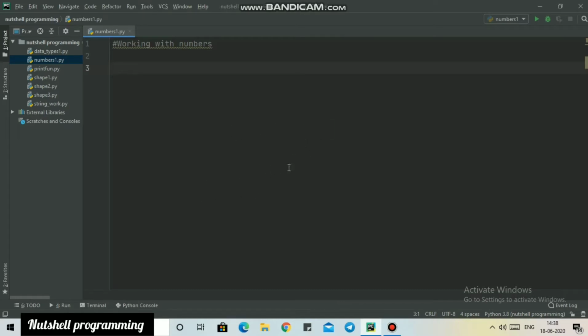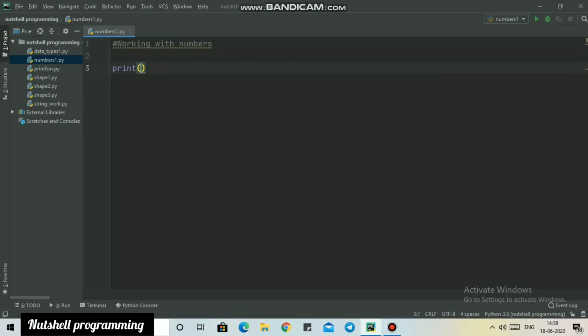In the last tutorial we discussed string methods, and how to use string functions and methods with variables in our program. We discussed a lot of string methods, and you can search for more with Google's help also. But in this tutorial we are going to discuss numbers. We are going to use some methods with numbers. We have learned about strings, and now we are going to learn about numbers and the methods which will be helpful for our program.